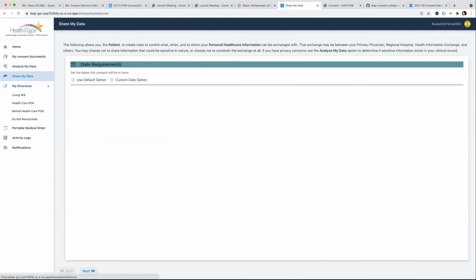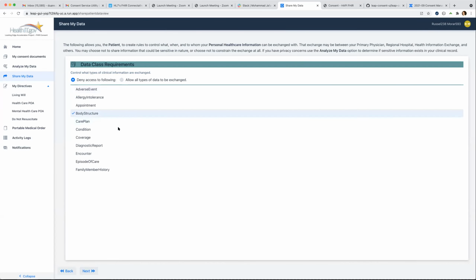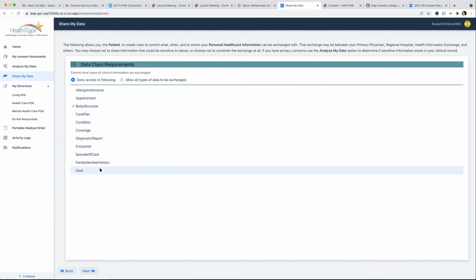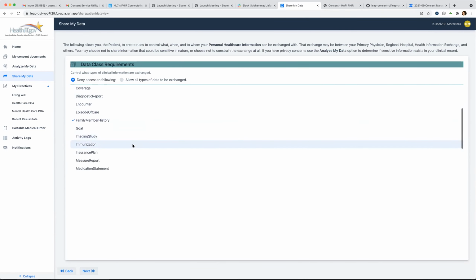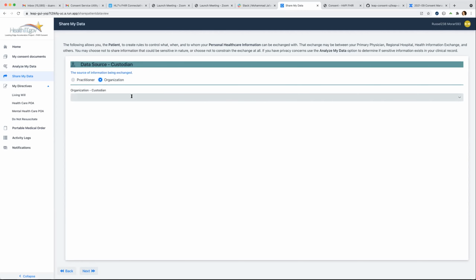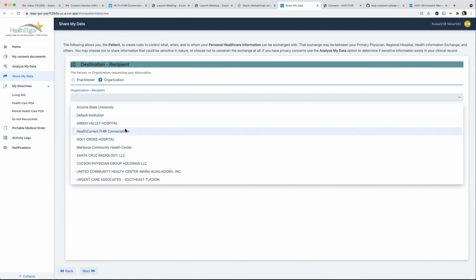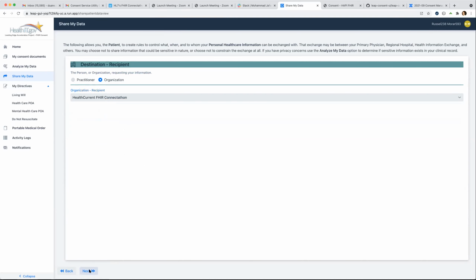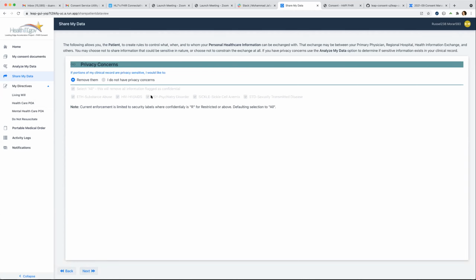So let's go back to share my data. I'm going to select a year. I can also do a custom date range. Again, I want to deny body structure, family members, and my insurance plan. I'm setting it from my primary, which is Mariposa, and I'm allowing Health Current, the HIE, to get access to that information. Now I do know that I have privacy concerns, and by default,